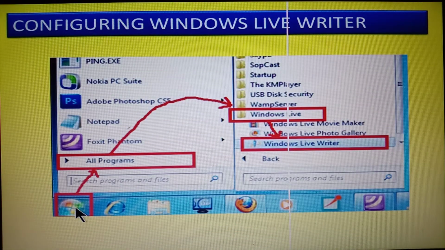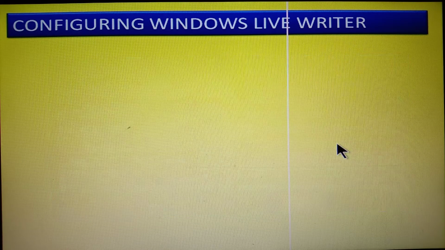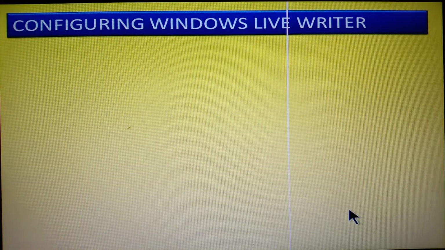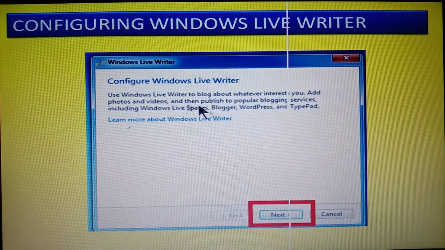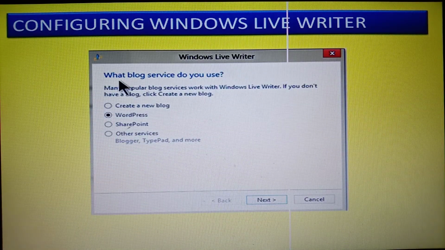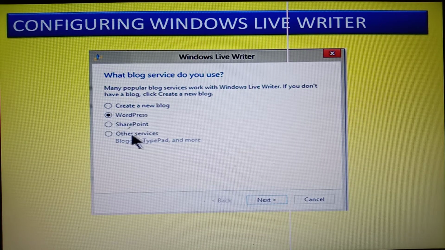So you have to go to Start, All Programs, Windows Live, and then go for Windows Live Writer. Once you click on that, you have this agreement which you have to accept, and then next. It will be configuring the Windows Live Writer, and just click on next. You have to say what blog service you use: WordPress, SharePoint, or any other service.